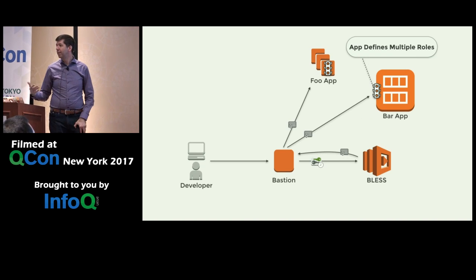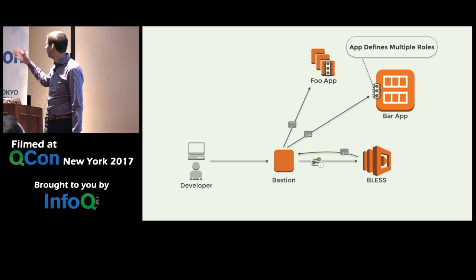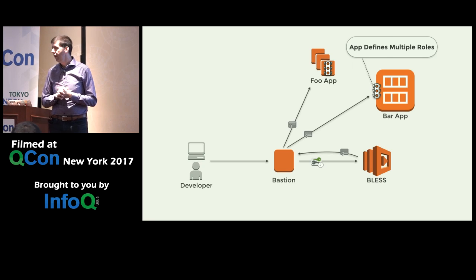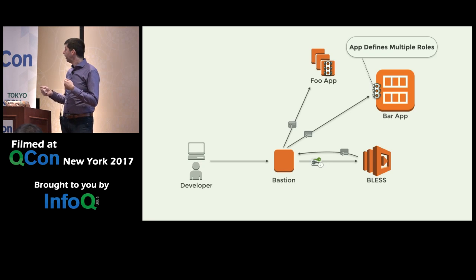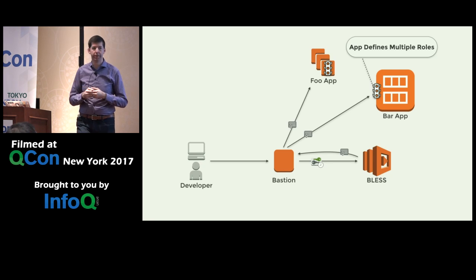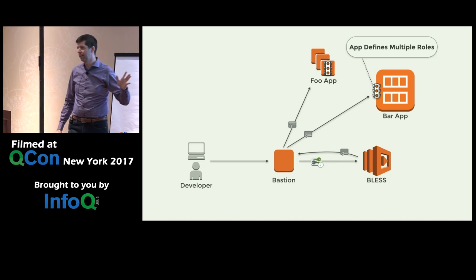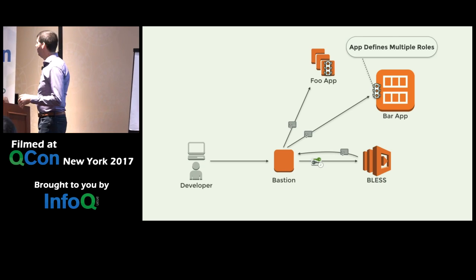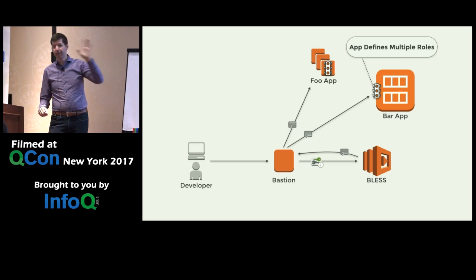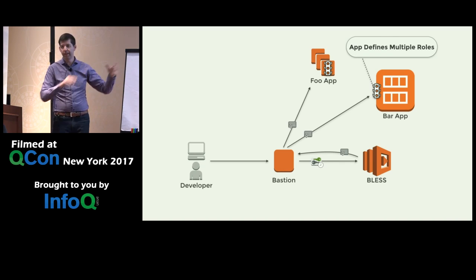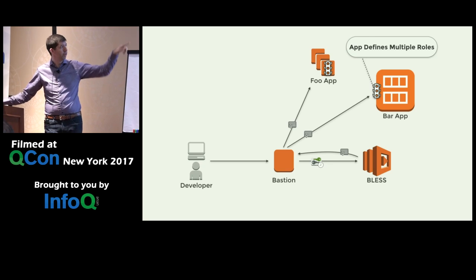Now, there are some slightly more complicated apps out there. So imagine a use case where you have a bunch of containers on a particular instance. And those containers have different developers that are allowed to get into each one, right? So we have a little bit of user multiplexing going on here. Maybe I don't want to say, anyone that has any container on there can get onto that host. Maybe what I want to do is actually have further scoping, and I want to say, well, this user can get into some containers, and this user can get into other containers. And so you can actually start to do those sort of richer things, again, using these principals and multiplexing on the host side.